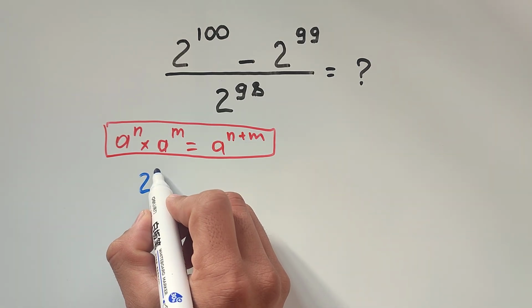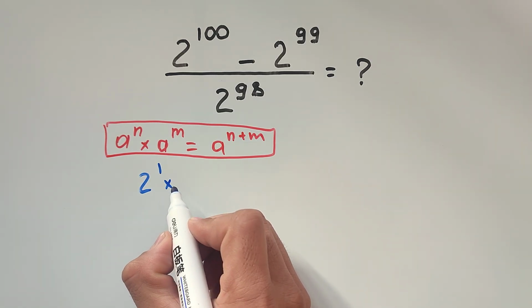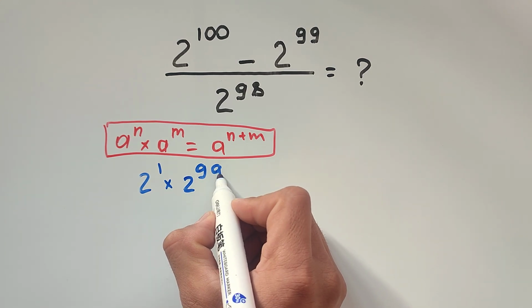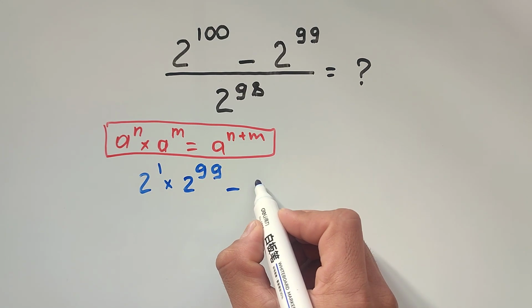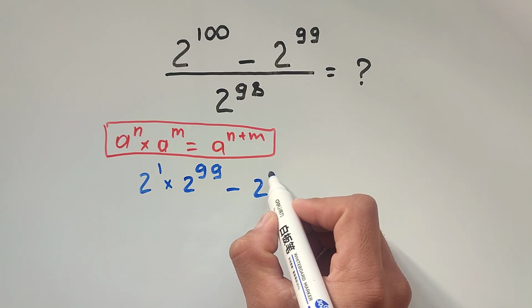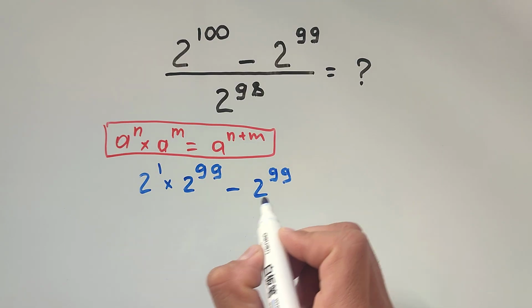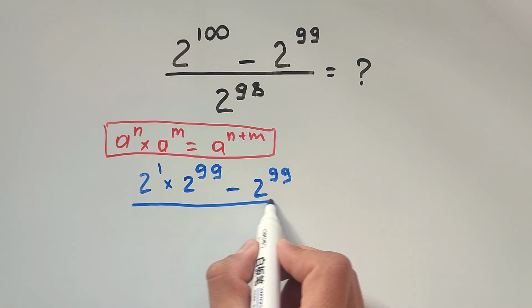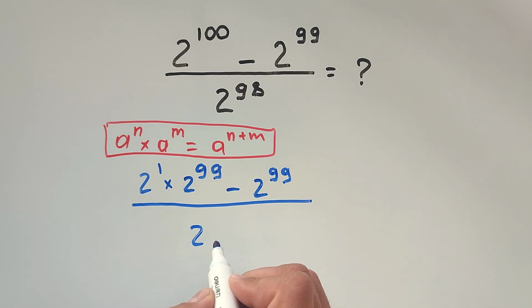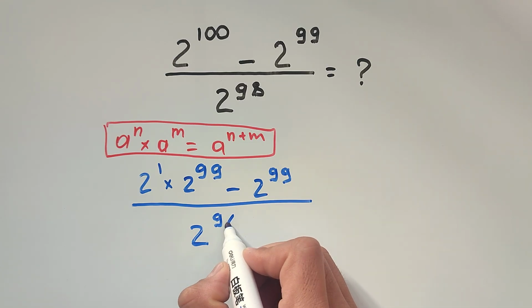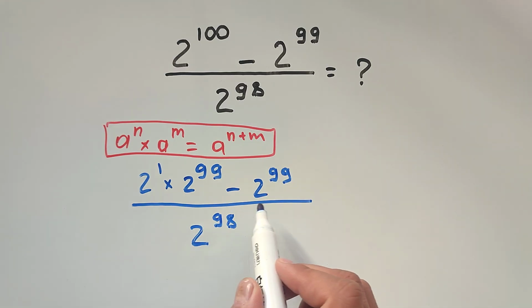2 to the power of 1 multiplied by 2 to the power of 99 minus 2 to the power of 99, all divided by 2 to the power of 98. And here we can